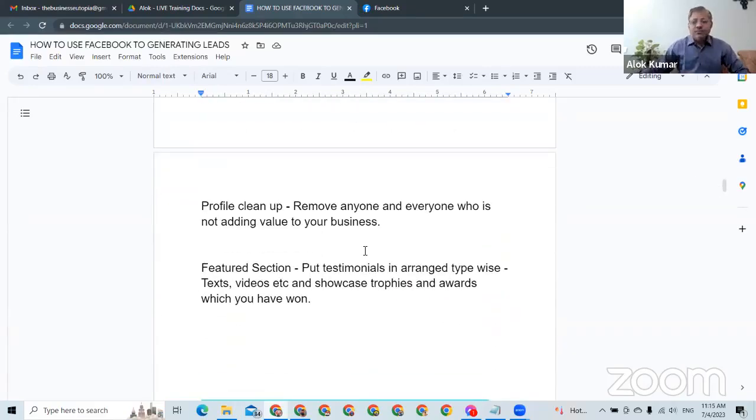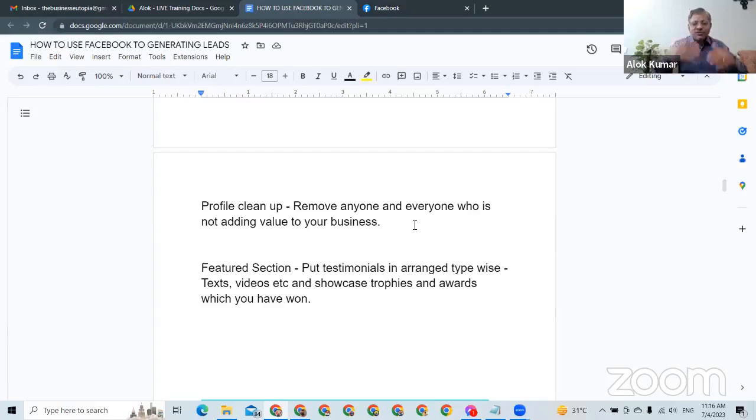Now, one very important thing is profile cleanup. You must be seeing that there are a lot of people in your profile, and Facebook has a limit of 5,000 people to be added as friends, right? Do all these 5,000 people contribute to your business? I don't think so. So when I say profile cleanup, you have to clean those. Clean in what sense? People who are not contributing in any sense, like people who are not liking you, not commenting on your post or something. So even if they are family or friends, please remove them and add the people who are your likely prospects.